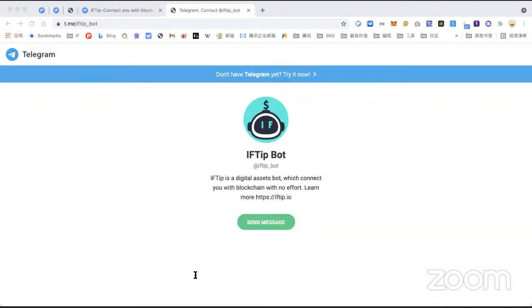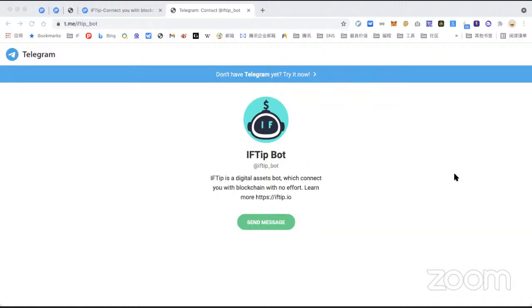Now you can see the deposit address. You can deposit from other wallets or exchanges. After deposit, you can check your balance, and besides, you can withdraw to any other wallet or exchange just using the withdraw command.